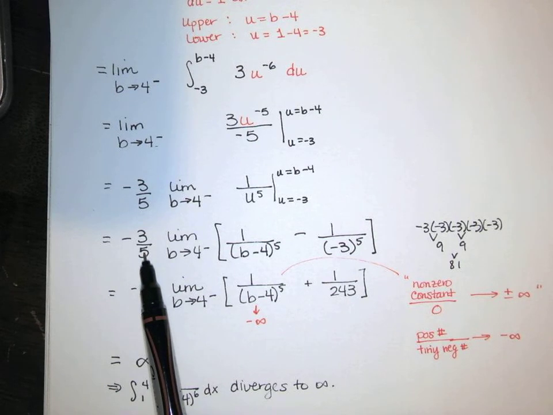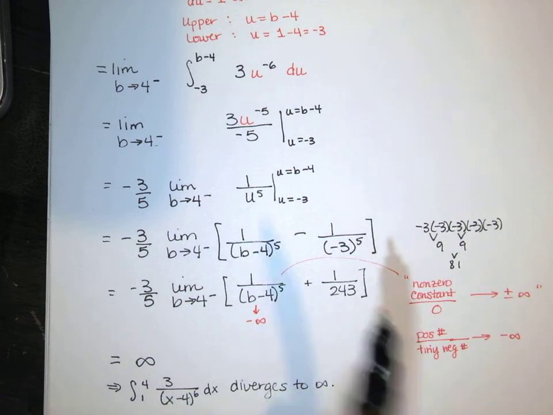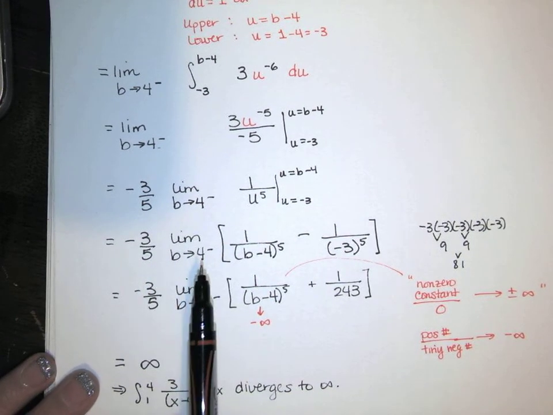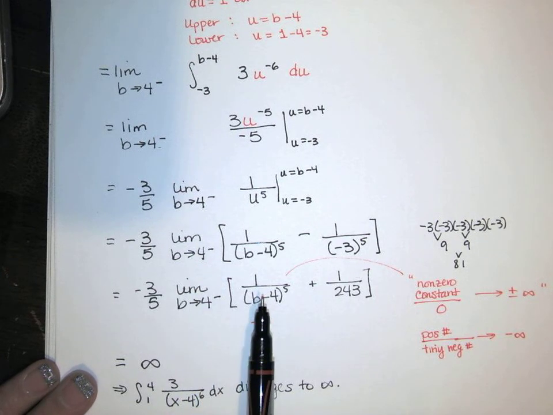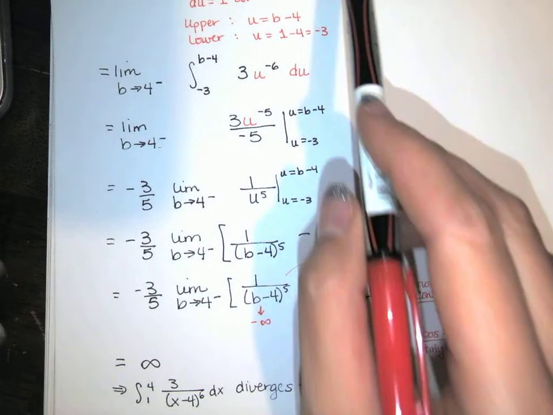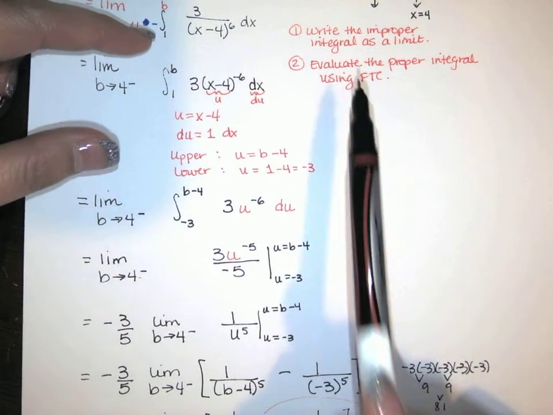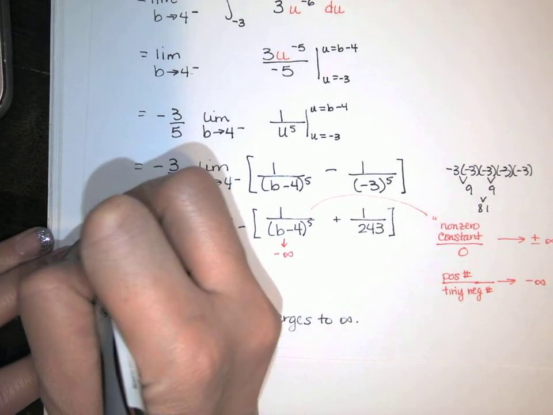You give me b equals 3.9, 3.99, 3.999, 3.8, anything between 1 and 4, and this is going to give me the area from x equals 1 to x equals b. Then we say, okay, what happens to that number as b gets very, very close to 4 from the left? We had a 1 over 0 indeterminate form. We had to review some Calc 1 stuff to evaluate the limit. We got that was negative infinity, and a negative times a negative makes that positive infinity. So we write the integral as a limit, evaluate the proper integral using FTC, and the last thing we do is evaluate the limit,